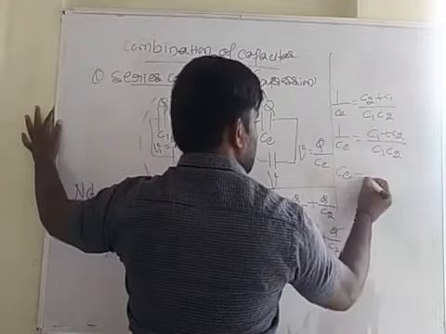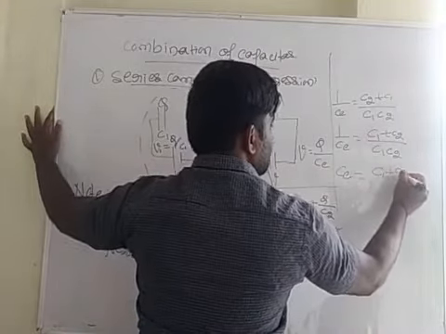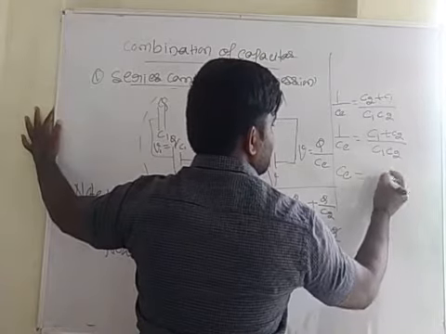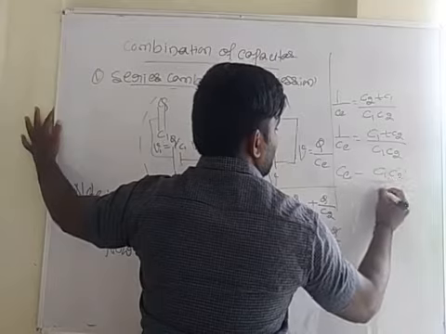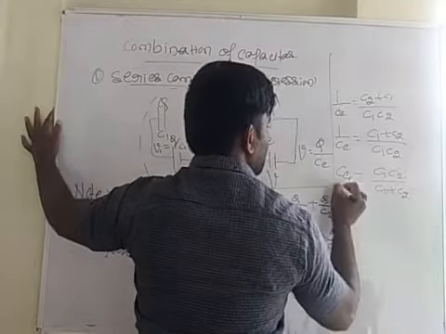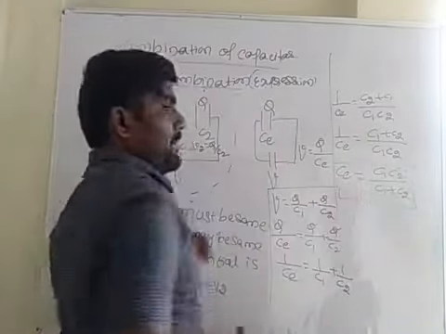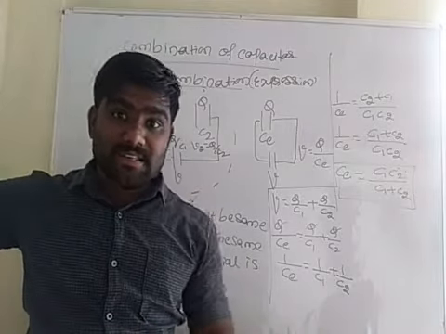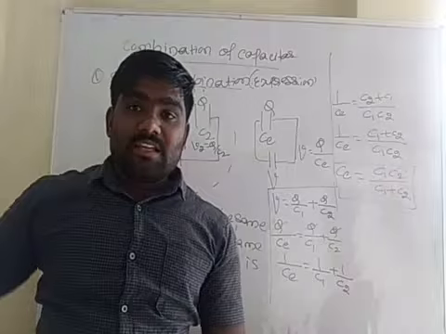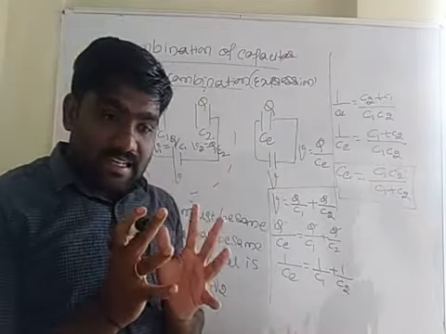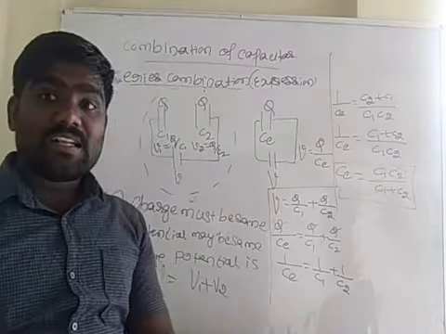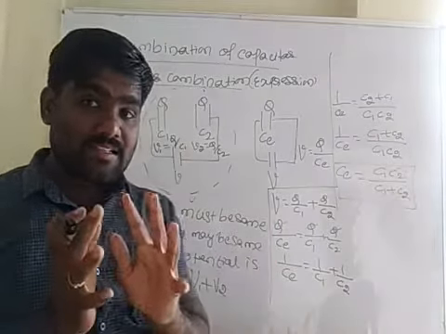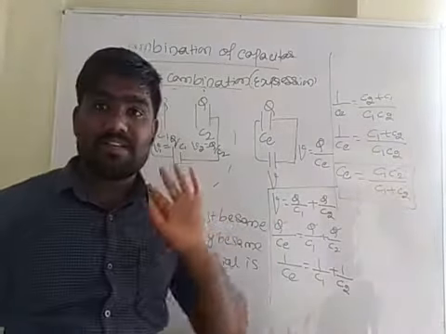So this CE is equal to, sorry, CE is equal to C1 C2 divided by C1 plus C2. This is the effective capacitance if only two capacitors are connected, just keep it in your mind. Now if two capacitors are connected in series, what is the effective capacitance? Here it is asked, just derive this equation.